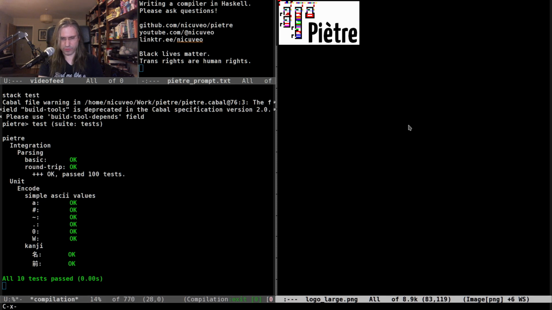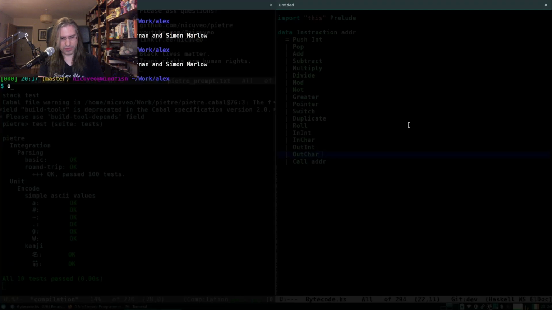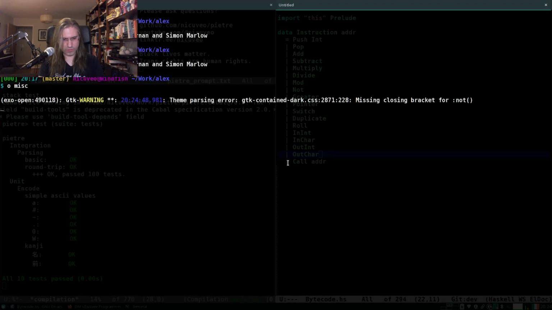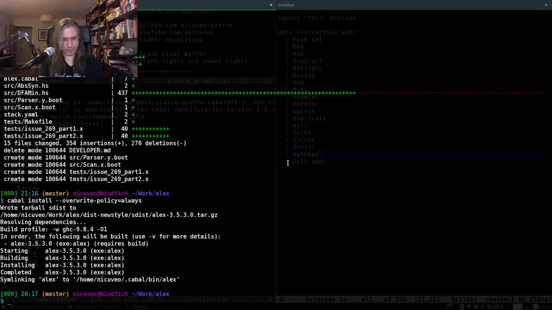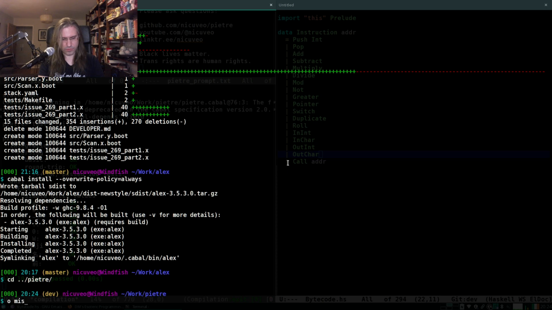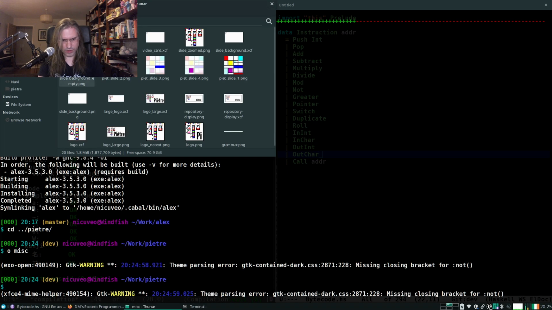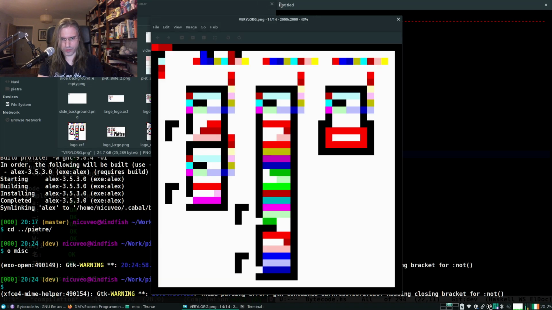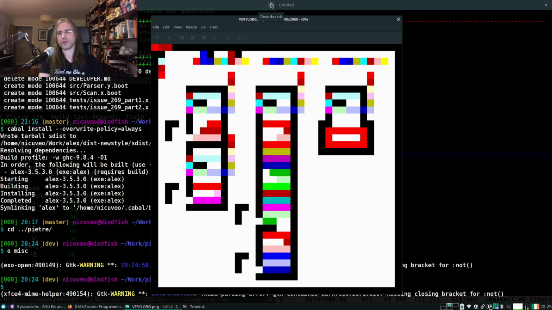Maybe this is not the best way to open an image. Oh, I'm in the wrong folder. If I open this version of the logo, because the logo is itself a Piètre program, as previously mentioned, the way we're going to be organizing our images is basically each vertical strip like this is a function.